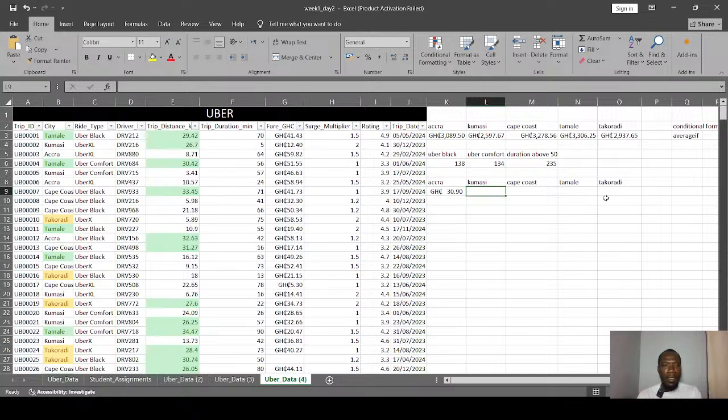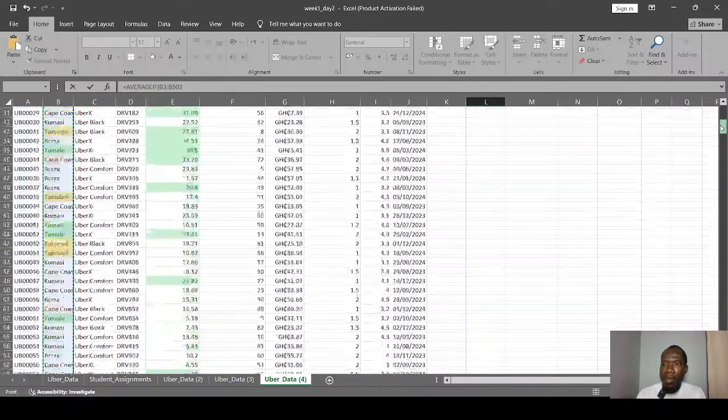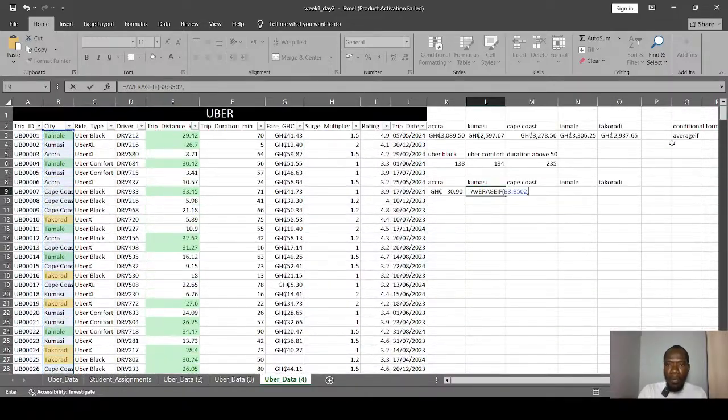So let's find out the rest. So let's look at average for Kumasi equal to average if. Double click. Our range still stays the same, B3 all the way to the very last city. We come up, comma, our criteria is anything Kumasi. Good.